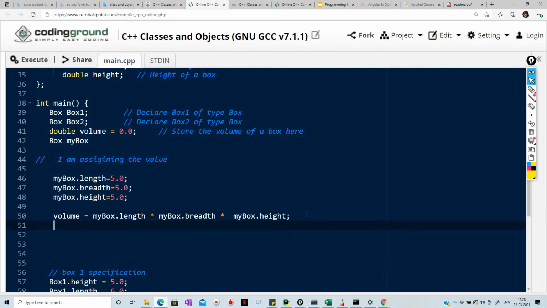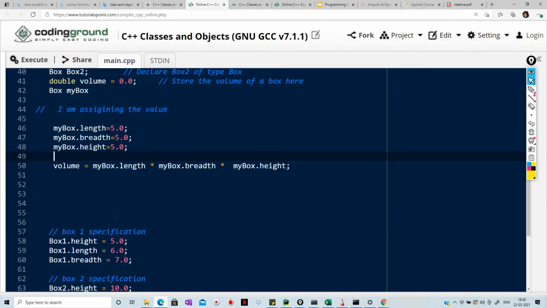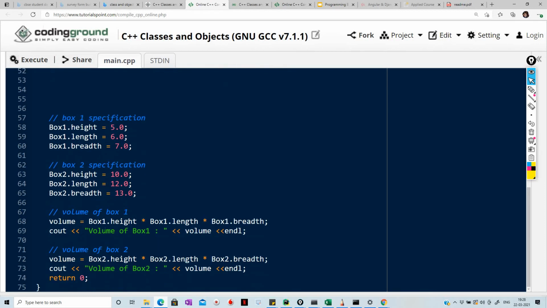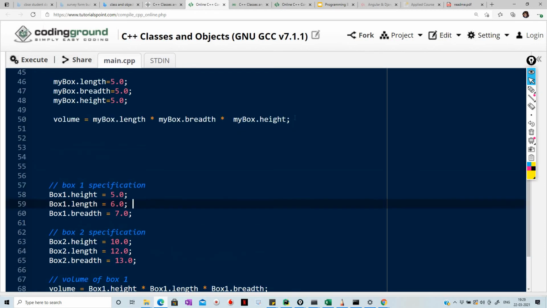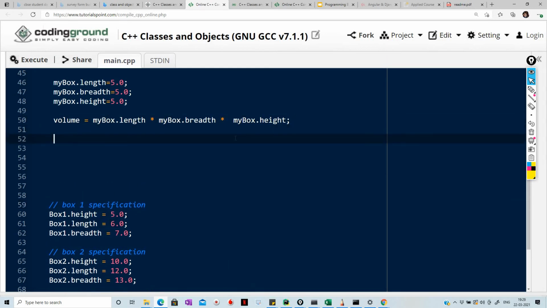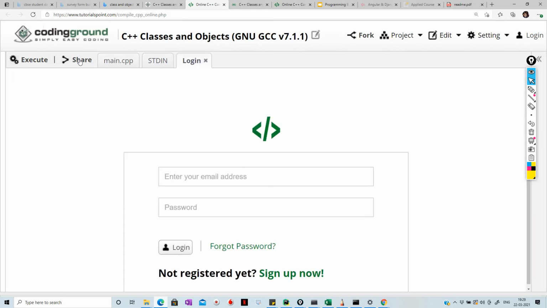Okay, once you got this thing, this value is for the next box, the other box's. So you can print that line. Let me say that this is a value for my box, and if you save it, okay, I'm not going to save because we don't require that.